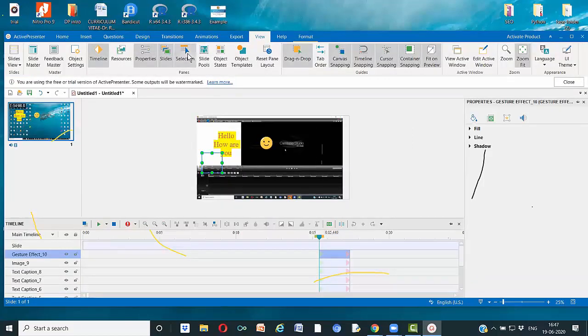This is a view section you can use. There are many options basically. I need to explore this also. And with the help of this software only, I produced the video that I kept in our group itself.